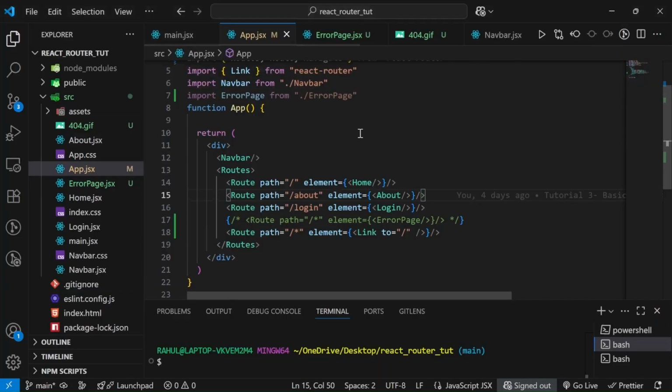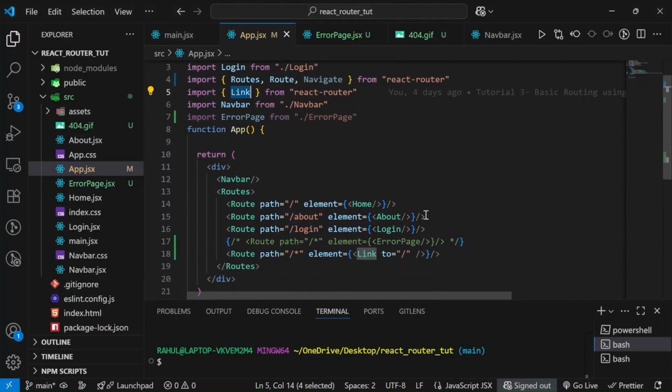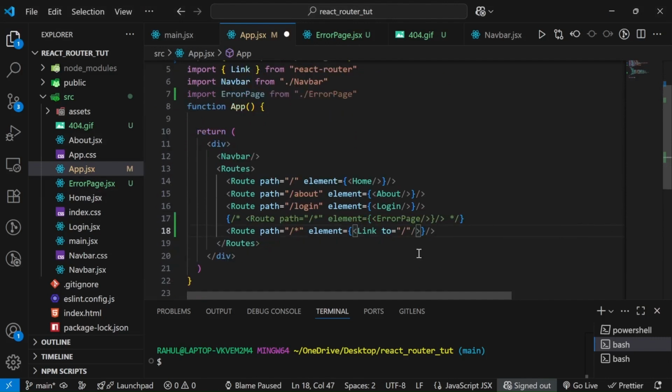Okay, let's see. Are we importing Link? Yes, we are importing Link. Okay, you know how Link works. For Link to work, there should be a text, and there is also one important thing: Link might work in some cases. You might achieve the same functionality that we are achieving here using Link also, but you have to understand when